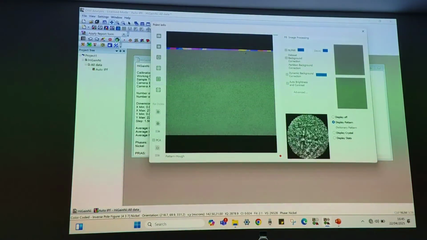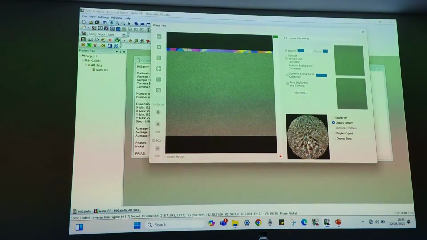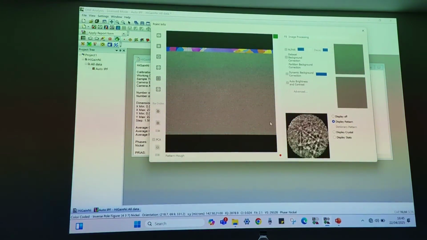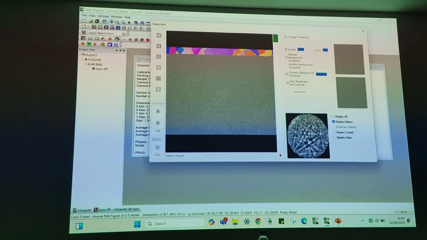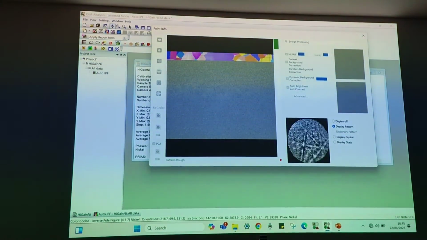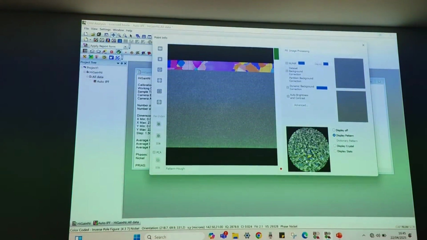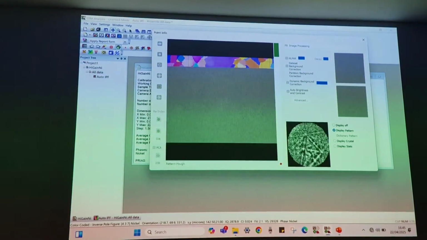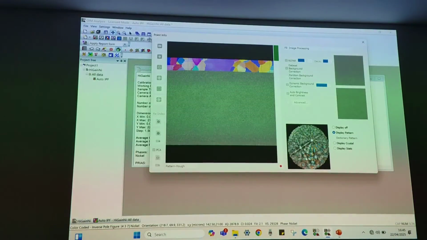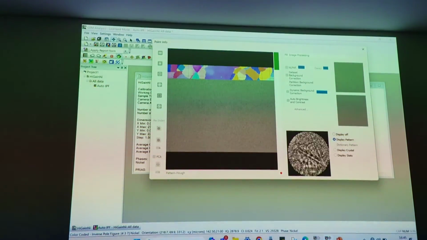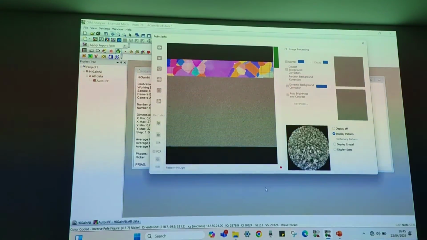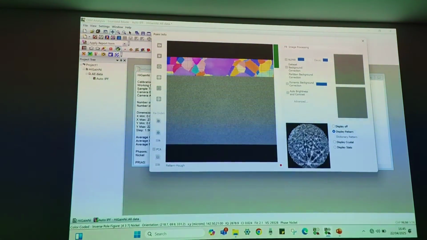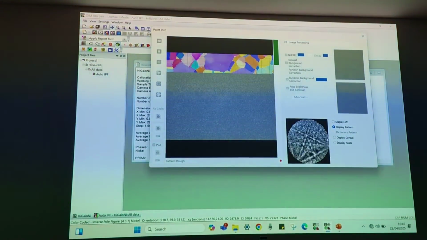Now once I save this option, I can reindex with it. If you see, the pattern quality is a bit better. The same data is being captured again as an offline process. But to run this NPAR, you need to save the patterns along with your EBSD data. By default, the patterns will not be saved along with the EBSD data. You need to enable that particular option. Maybe you have seen it in the acquisition software. There is an option to store the pattern as well along with the data. Once you store the pattern, only then can you run NPAR.